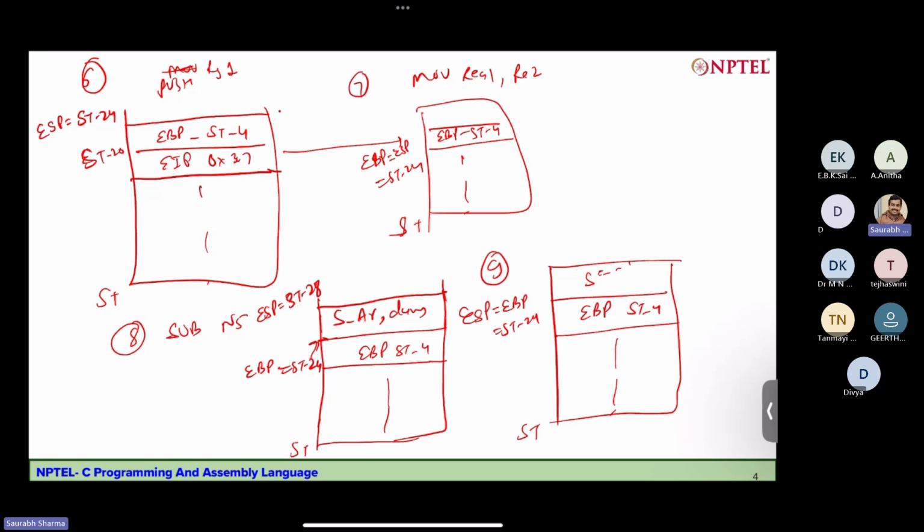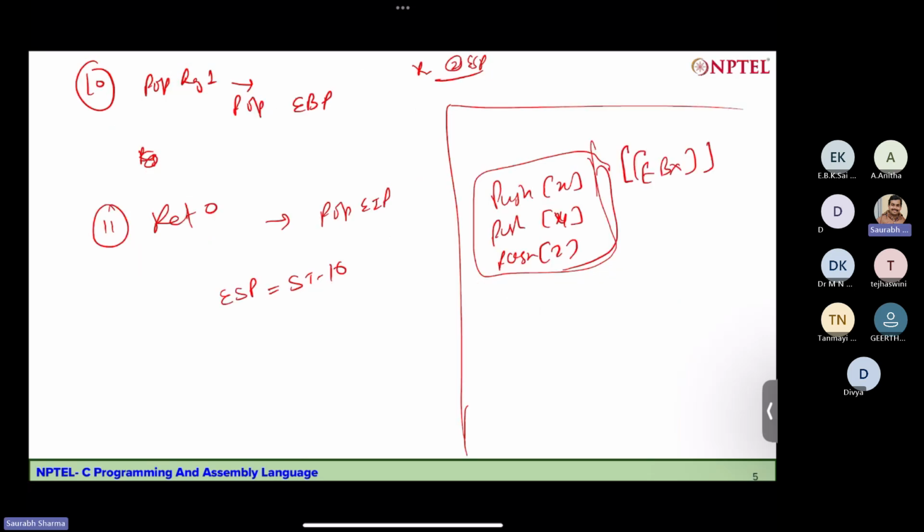Then we put the value of the stack pointer into register 1 or EBP, and at last we popped register 1, so we got the value at EBP, and then we returned 0. That is for the instruction pointer we popped out, and finally the stack pointer was pointing to start -16,